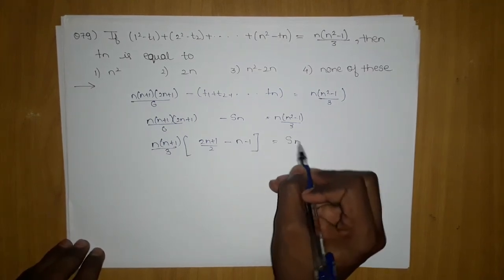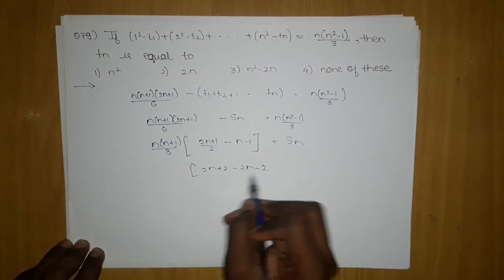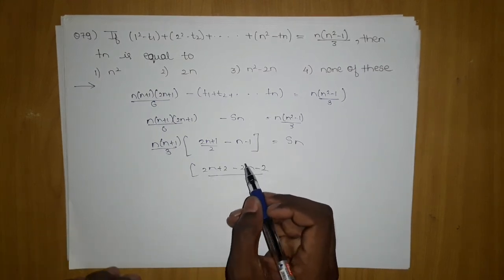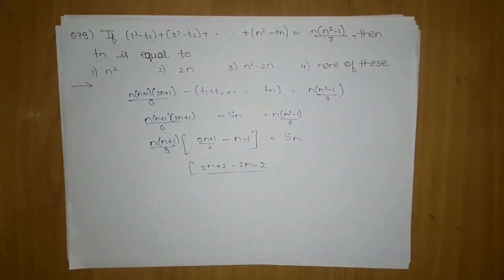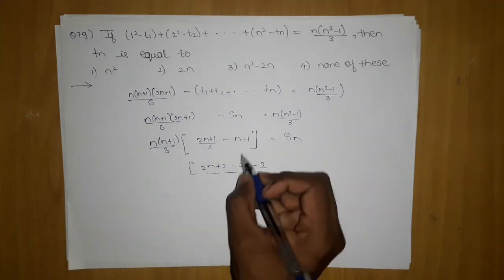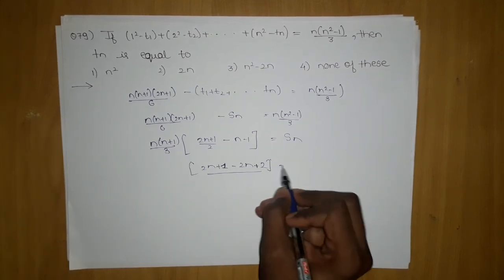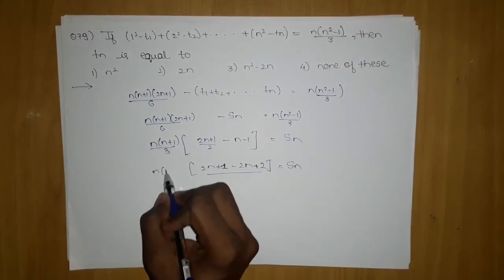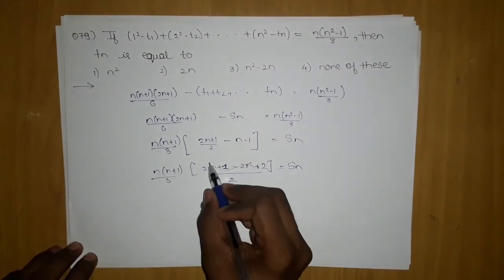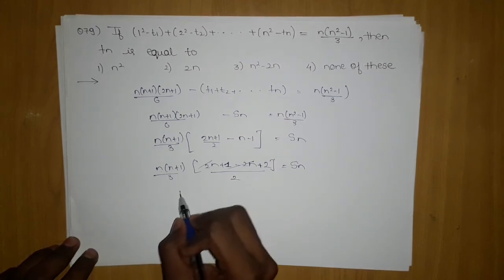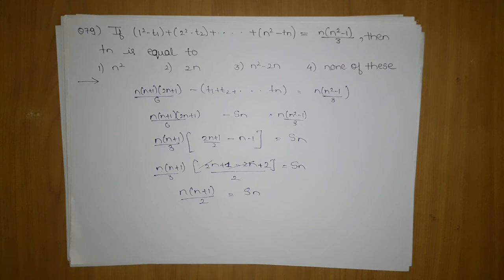And here will be Sn. Here I will get 2n plus 1 minus 2n minus 2, this will become plus, and it is 1. Sn, n into (n plus 1) by 3 is outside, and here it is 2, giving 3 by 2, the 3 will cancel out, giving me n by 2 is equal to Sn. So I got my Sn.